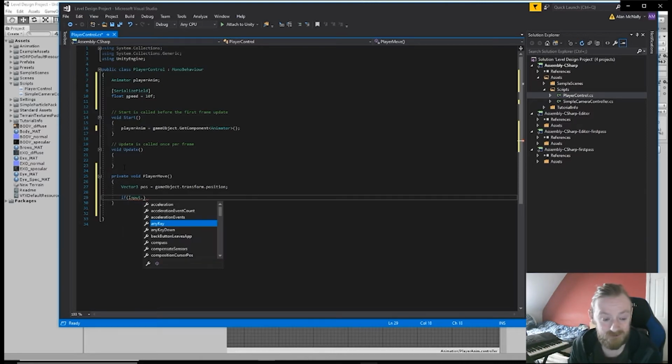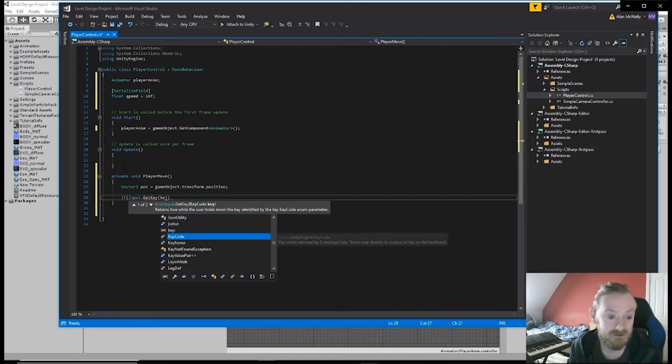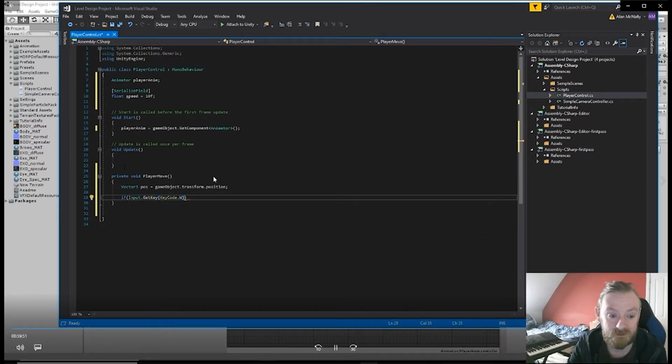So I'm just creating a vector 3, calling it pos, short for position. I could call it anything. I could call it Alan's position, I could call it the moon, whatever you want. But we're going to make it equal to the position of this game object, the game object that